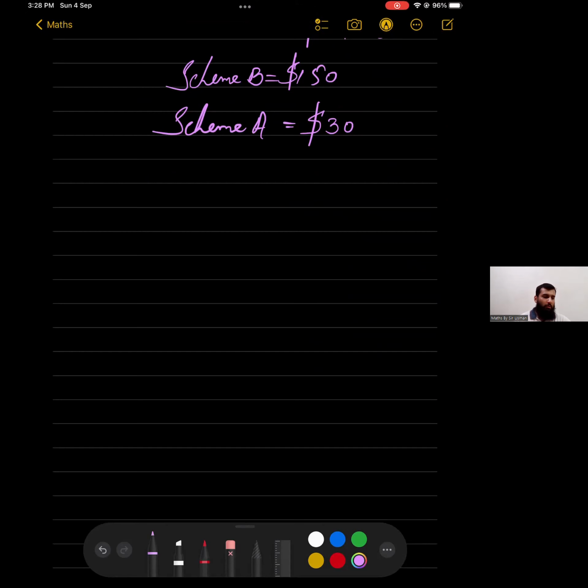Yes, can any one of you tell me which one is the cheaper method? Scheme A, and that is by the amount of $120. $120 cheaper will scheme A be. Now, this is how you would have solved it. Now, moving forward. In Part B1, they are telling us that Ahmed, the same guy,